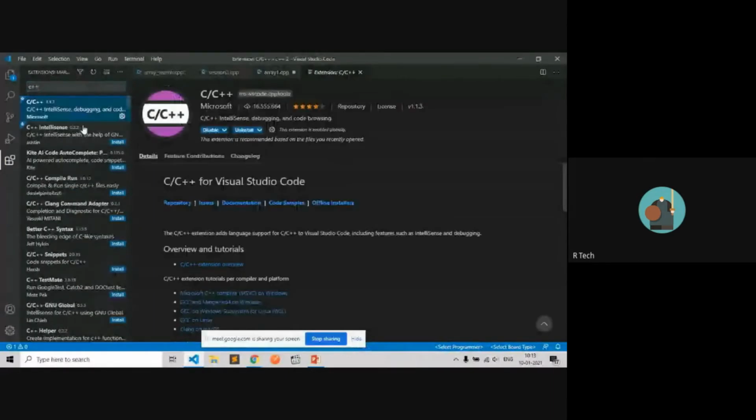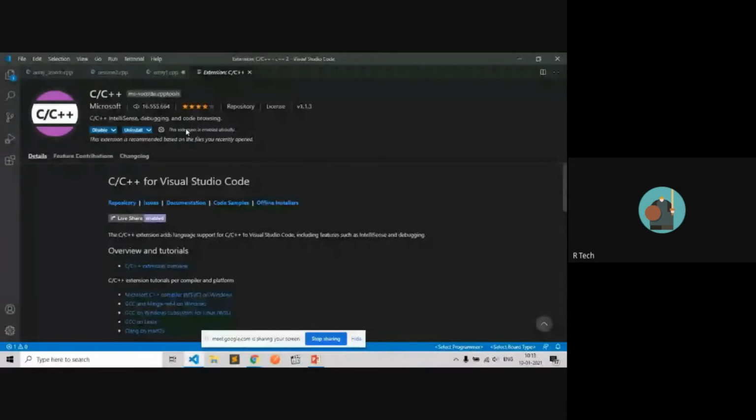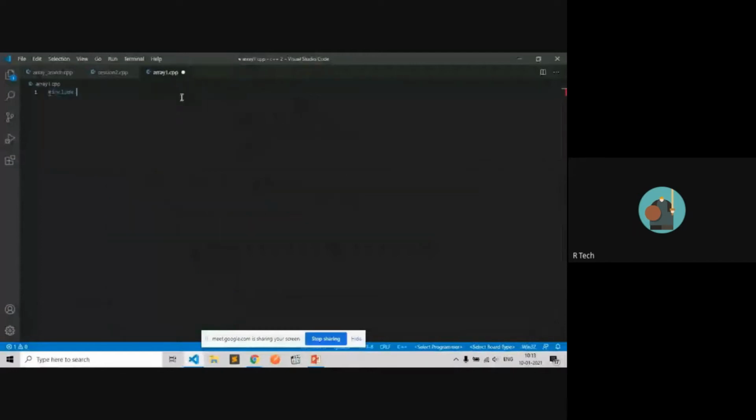This extension is very useful too. It provides very useful suggestions. Let me show you. If I want to include some files, it provides a better suggestion, using namespace std.